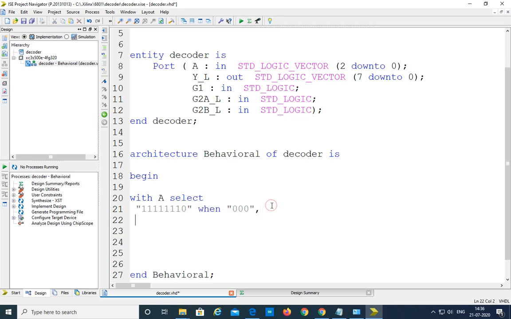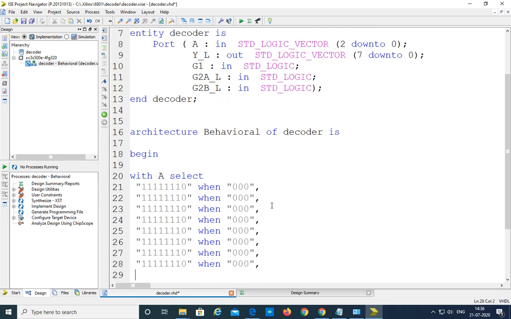Control C. When 0 0 1, it is second bit y1 is going to be active. When 0 1 0, y2 is going to be active. When 0 1 1, y3 is going to be active. When 1 0 0, y4 is going to be active.